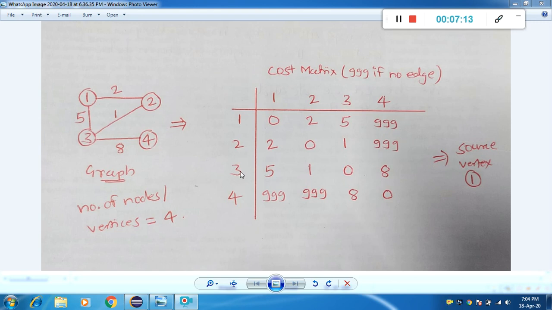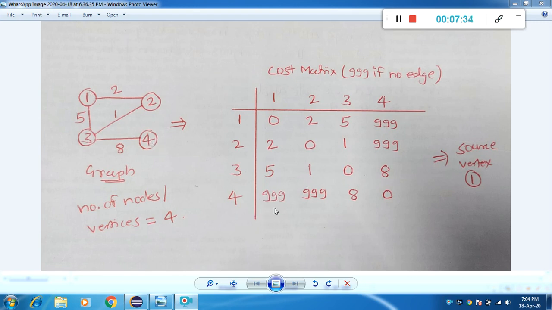Similarly, the distance from node 3 to 1 is 5, from node 3 to 2 is 1, from 3 to 3 it is 0, and from 3 to 4 it is 8. Also, the distance from node 4 to 1 is 999 because there is no direct edge from node 4 to node 1.